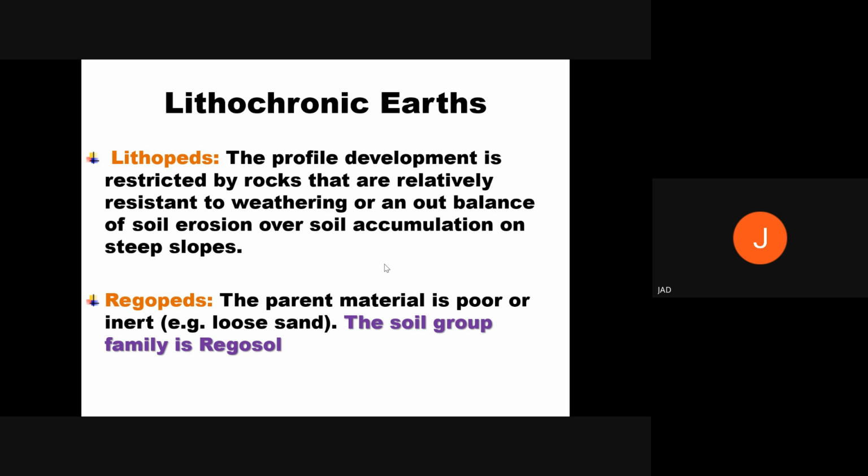Then we have the rugopets. The parent material is poor or inert, for example, loose sand. The soil group family is called rugosols. So if you have a soil like we have along the beaches, a typical example of rugopets, they are poor and they are inert. When you say inert, most often they are not fertile because they are devoid of organic material. So if they are purely silicon-based material, we describe such soil as